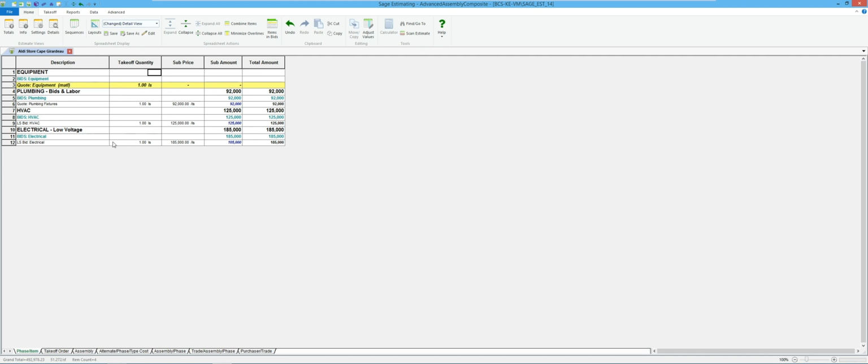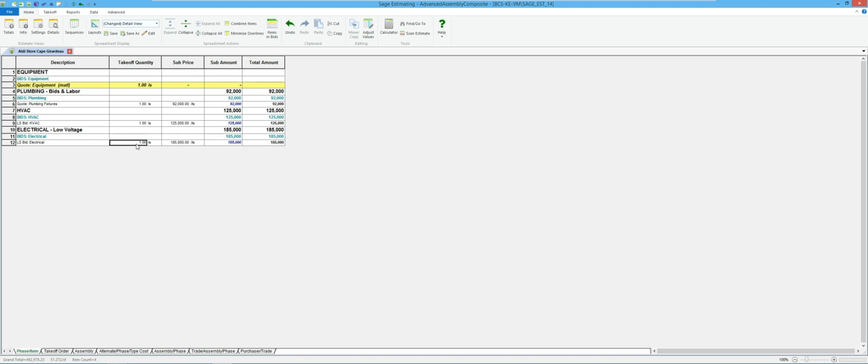If I look at this estimate that I've got open, one thing I see a lot of clients doing is entering one lump sum, and then entering electrical bids or HVAC bids or plumbing bids, whatever they may be. There's no problem with doing this, but it doesn't take much more time to get more benefit, especially when comparing estimates, if we knew the price per square foot on some of those. That makes it a little more intangible when we start comparing estimates against each other.